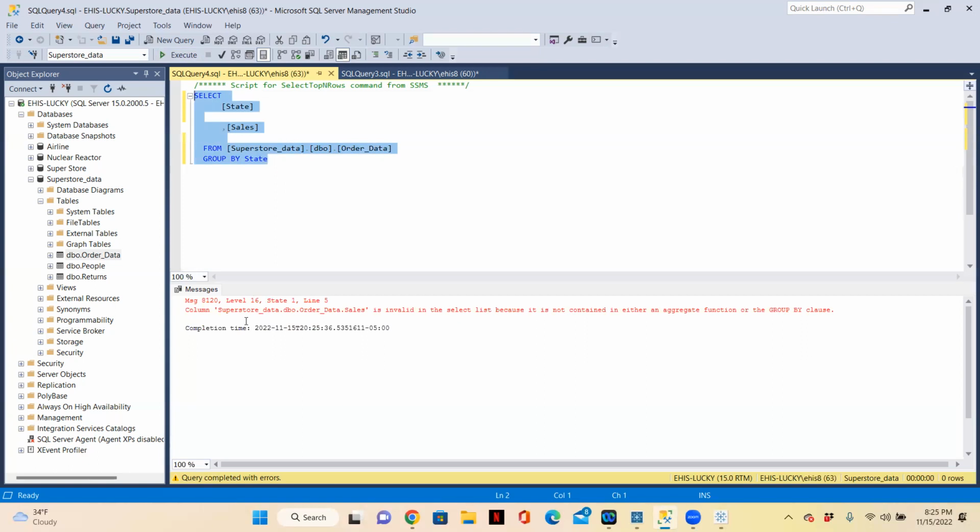It said it contains an error because it's either not in an aggregate. You know, it has sum of sales there. So you need to do by state. Where, so maybe sum of sales. Where is where you want to pass in